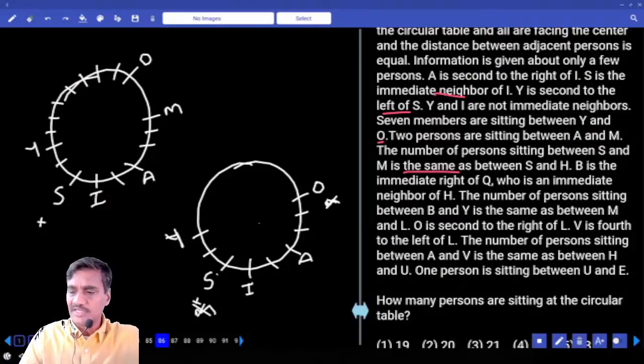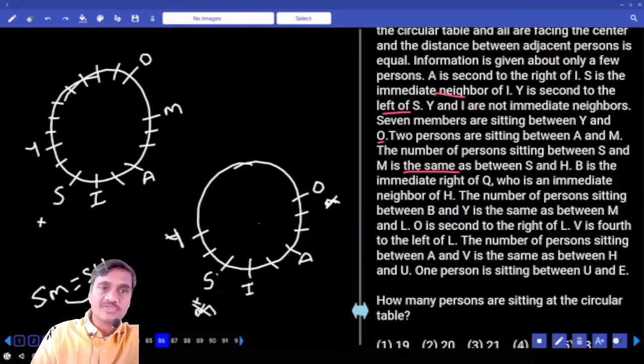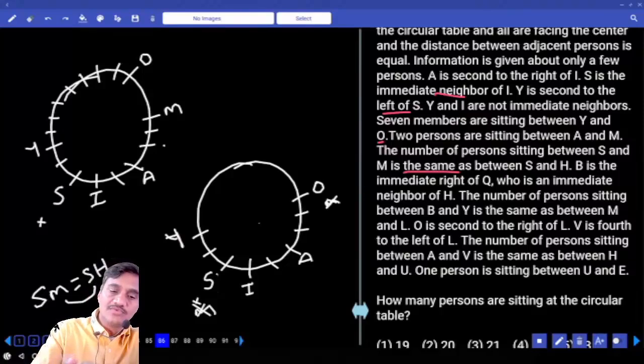Number of persons between S and M is same as S and H. SM equals SH. అంటే మీనింగ్ ఏంటి చెప్పండి? And who is the person repeated in both the cases? Yes, that means S must be exactly between M and H. M కి H కి మధ్యలో ఎవరు ఉండాలి? S ఉండాలి. 1, 2, 3, 4, 5 persons between S and M. 5 persons between S and H. 1, 2, 3, 4,